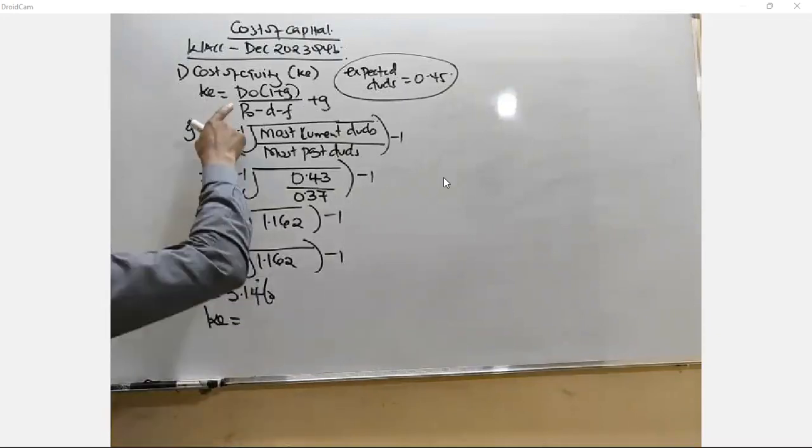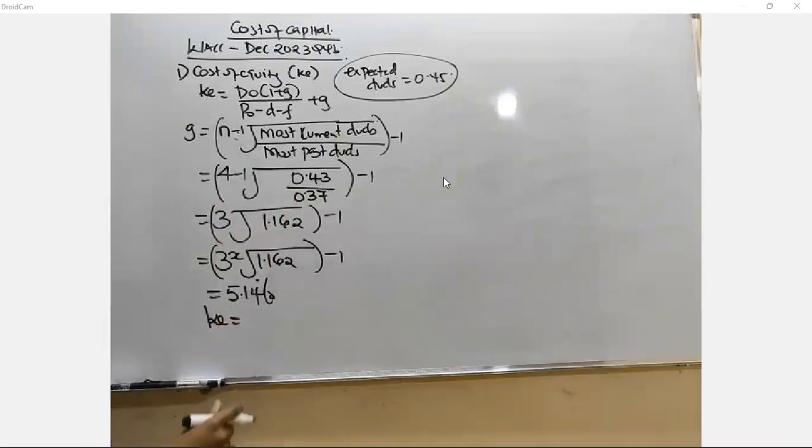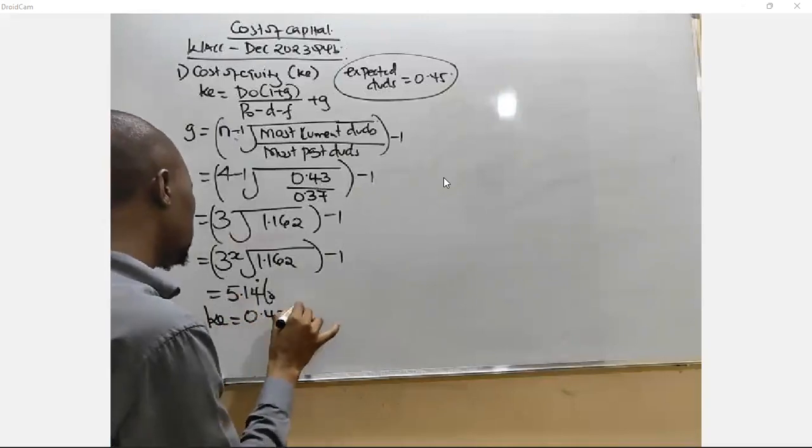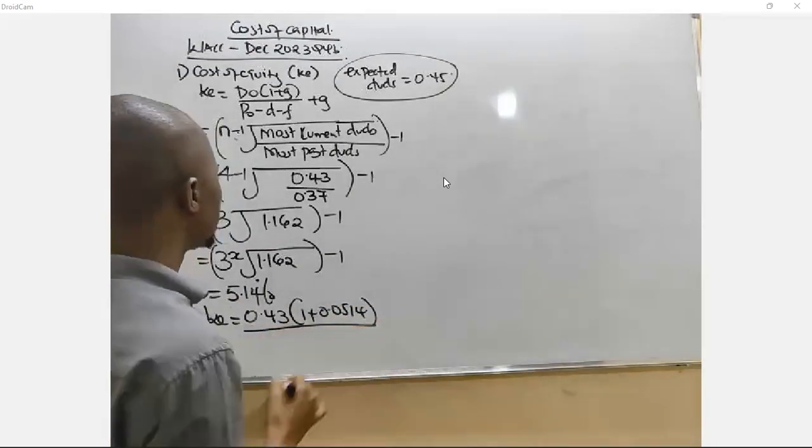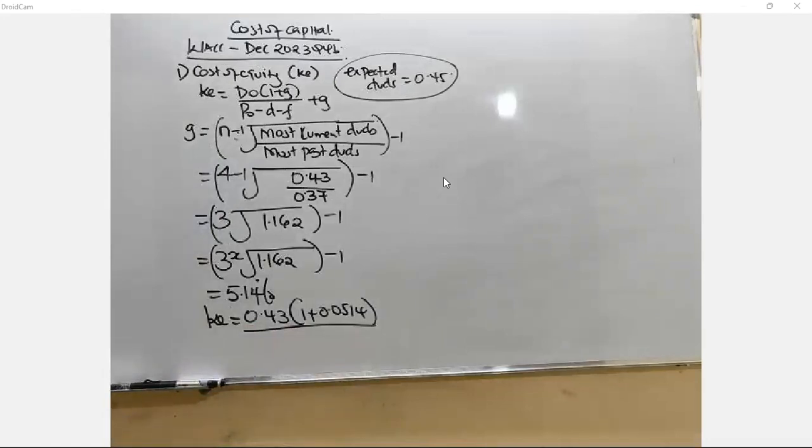We say, to get our cost of equity, our D0 is the current dividends which you have already paid. How much is our current dividends? When you look at it, how much is your current dividends? So our current dividends is how much? Let me see there. Correct now. We are being given the current dividends of ours, which we'll be able to use for this computation. We'll take 0.43, 1 plus the growth rate, which is 0.0514. We divide it by our market value. And when you look at note number 2, we are being told the market value is